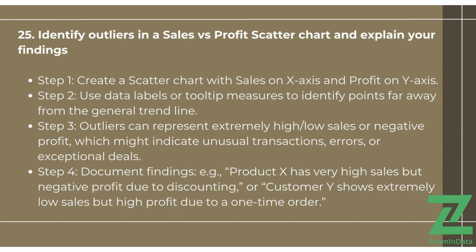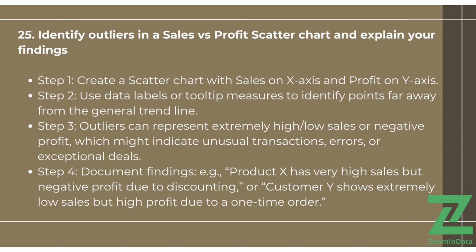25th question. Identify outliers in a sales versus profit scatter chart and explain your findings. Step 1. Create a scatter chart with sales on the x-axis and profit on the y-axis. Step 2. Use data labels or tooltip measures to identify points far away from the general trend line. Step 3. Outliers can represent extremely high or low sales or negative profit, which might indicate unusual transactions, errors, or